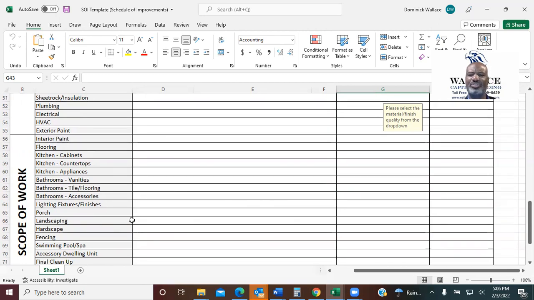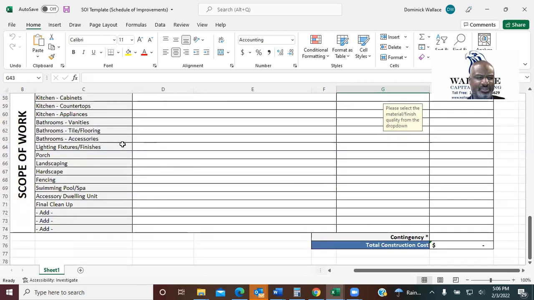If you notice here, it gets real detailed. And the great thing about that is that, more than likely what you're trying to do when you're fixing and flipping is account for all the costs that you're putting into this project. You want to be able to make it detailed, so you can get the most profit out of this property, right? So we want to know exactly all your costs. So this will help